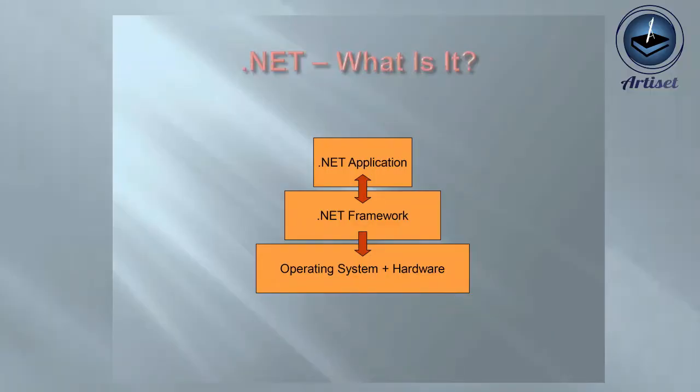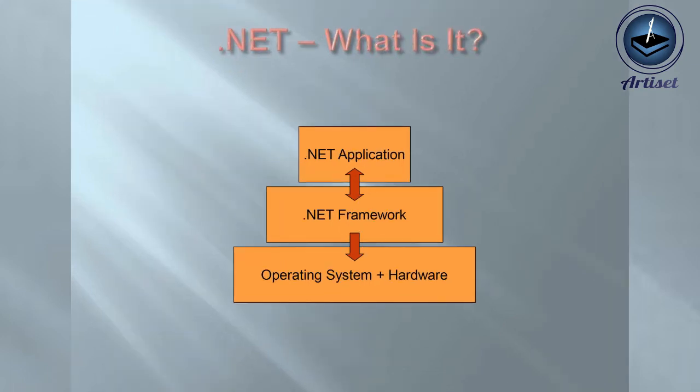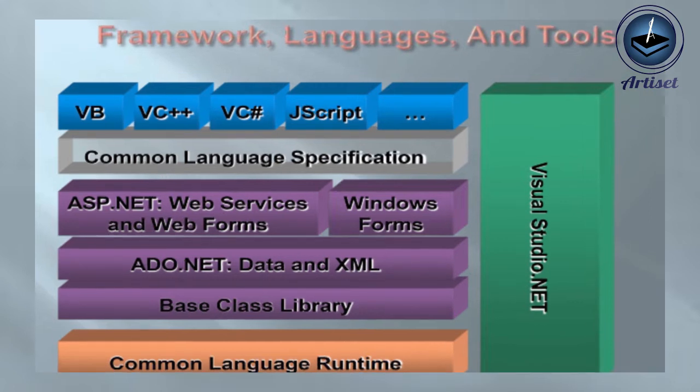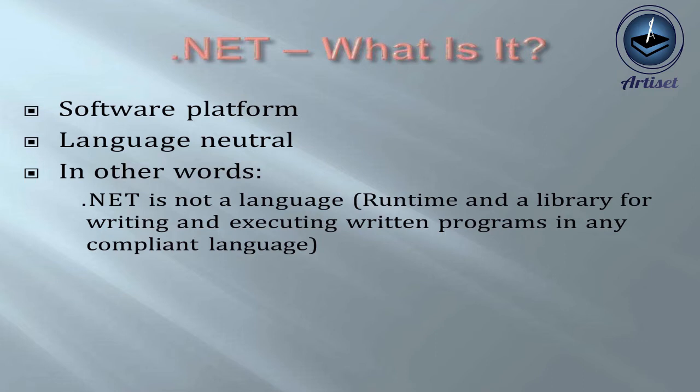I will start with the .NET framework basics and architecture. What is a .NET framework? Mostly you learn something in colleges, so you learn C, C++, or some other languages. Microsoft introduced something similar, but not a language, it's a framework. I will also explain what the difference is between a language and a framework. So .NET is not a language, it's a framework.